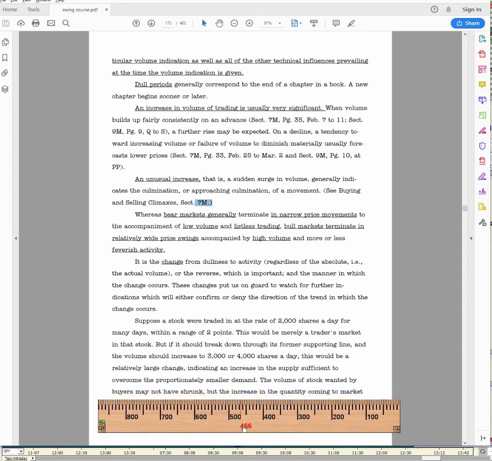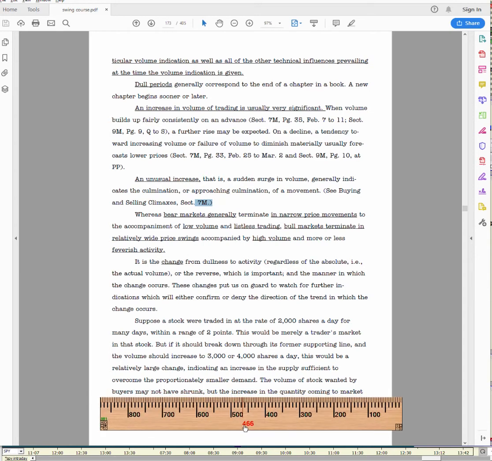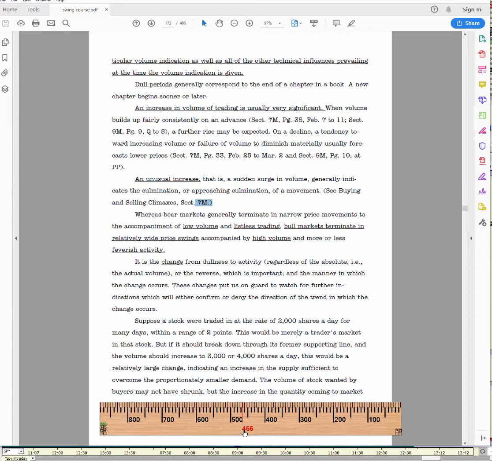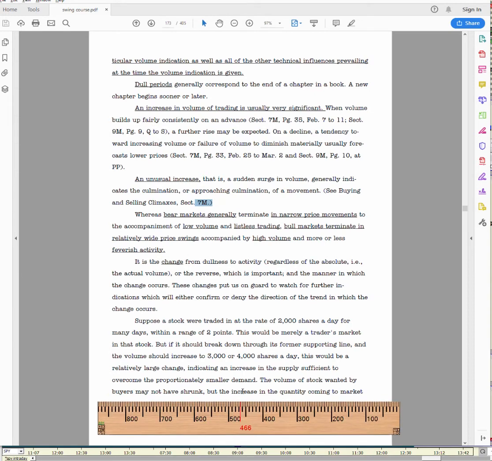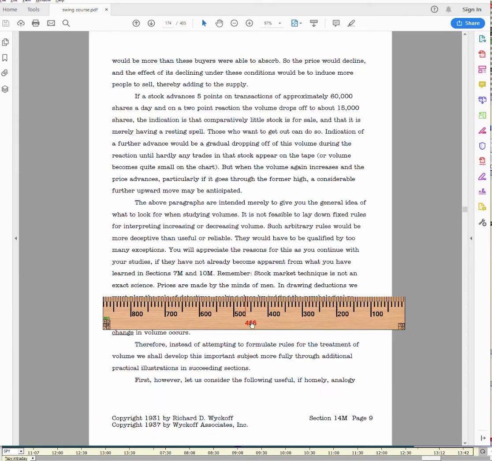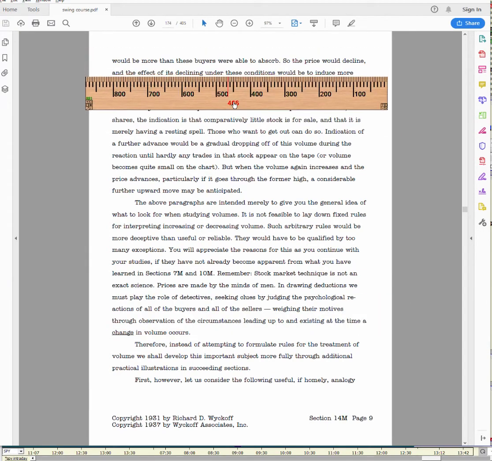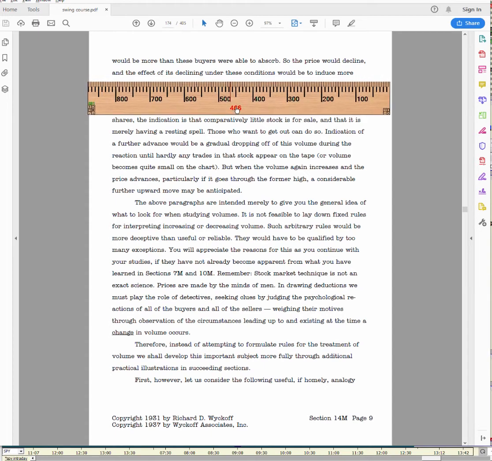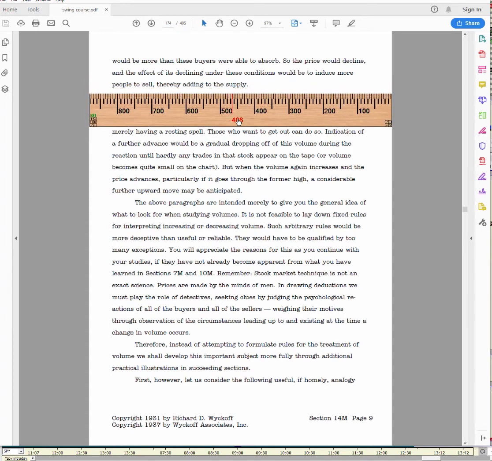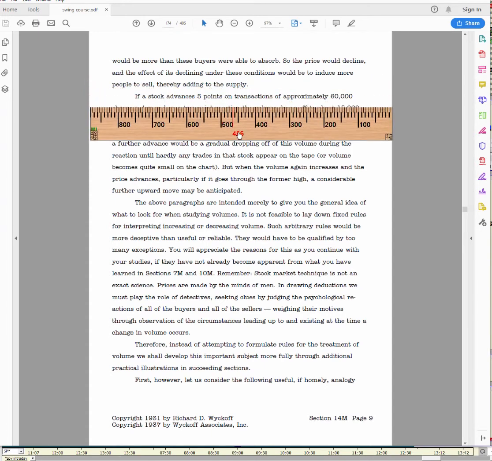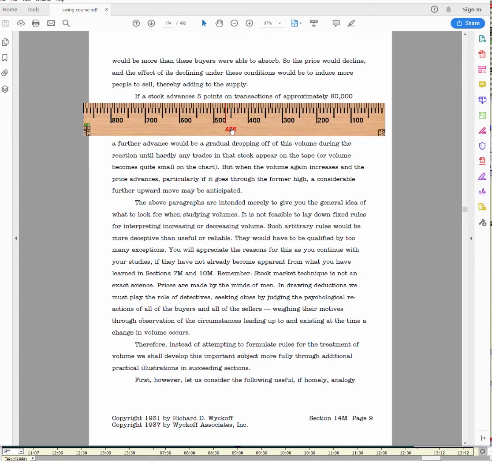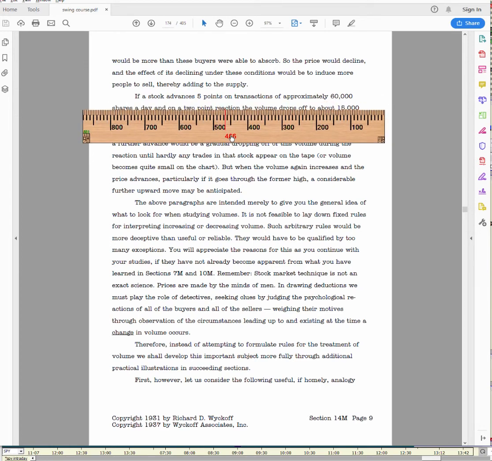The volume of stock wanted by buyers may not have shrunk, but the increase in quantity coming to market would be more than these buyers were able to absorb. So the price would decline, and the effect of the declining conditions would induce more people to sell, thereby adding to the supply. If the stock advances 5 points in a transaction of approximately 60,000,